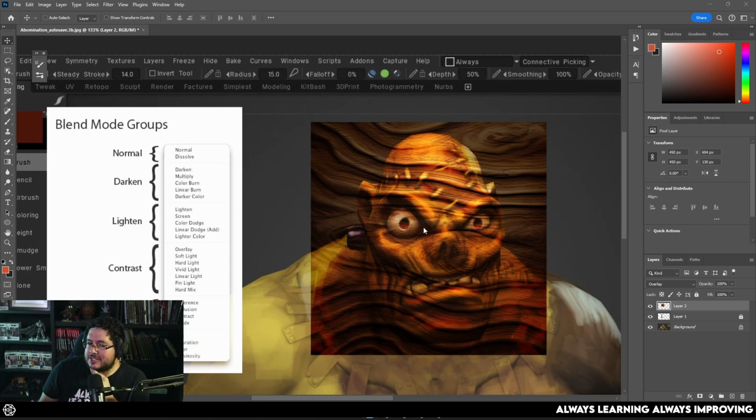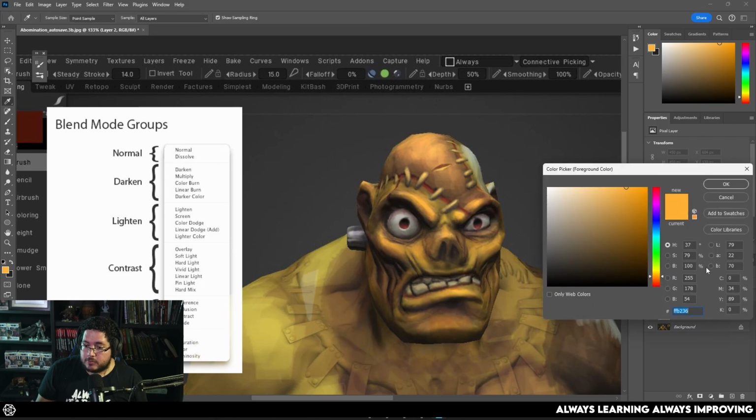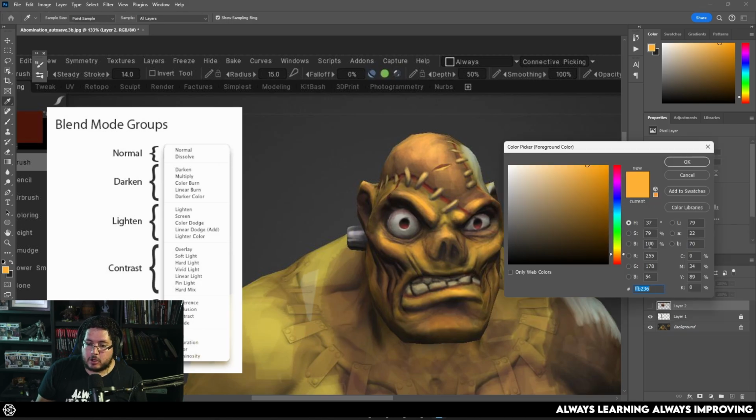Now, overlay here, as you can see, is tricky, because overlay will preserve the highlights and the shadows of the base color. This is very important. So the highest point right here, if we analyze the value of this pixel, if we go here to saturation value, there we go, we have a value of 100% right there. Let's go for a little bit lighter. So this one right here on the bare point.